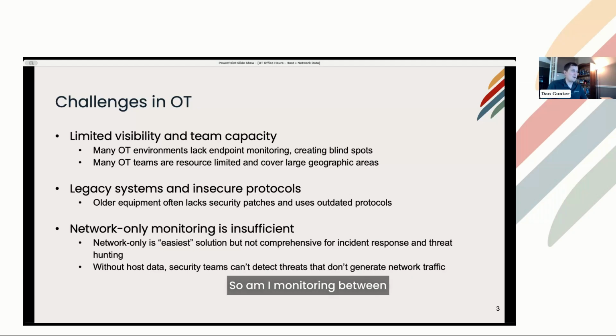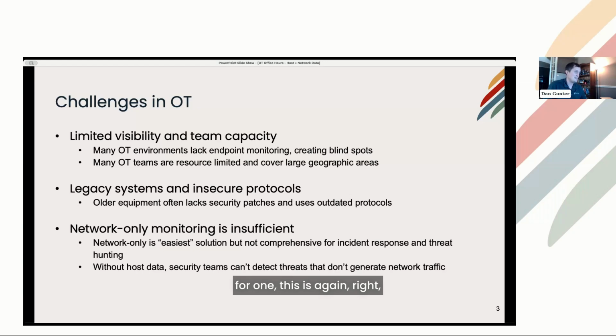So, hey, am I monitoring between L2 and L3 and L3 and L4? Well, if you just monitor between, you might miss traffic between engineering workstations and PLCs and other devices on there, right? If that data doesn't pass that boundary regularly, you might miss that. So, limited visibility and team capacity when you go for one.